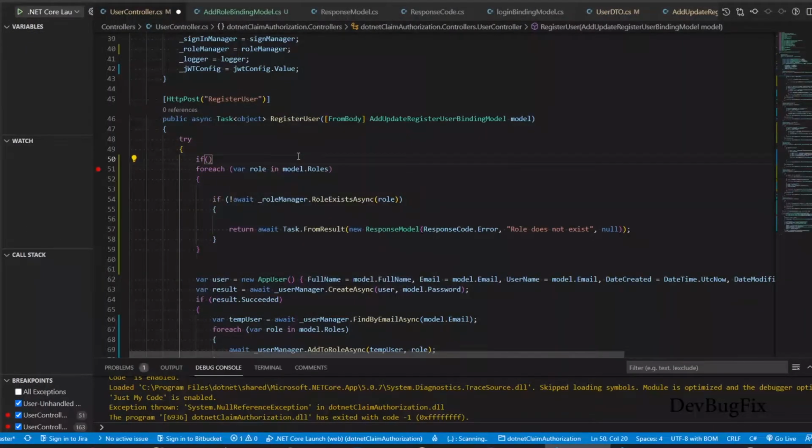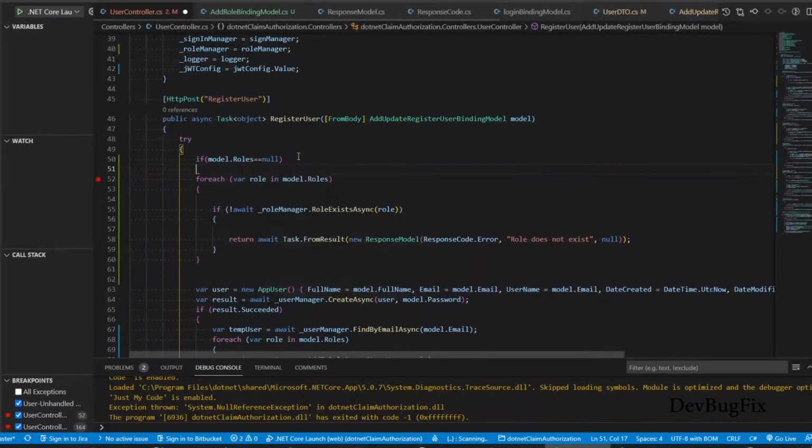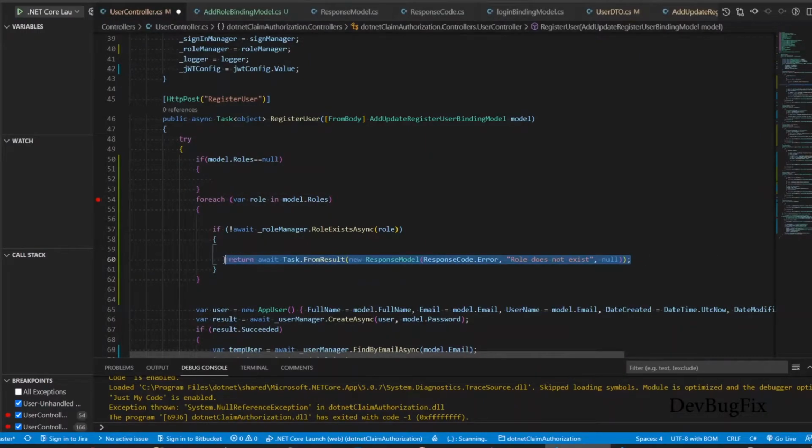In the .NET Core project, we will add validation on our roles. If roles is undefined or empty, we will return an error and the message: roles are missing. I will copy this statement, paste it here, and change the message to roles are missing.